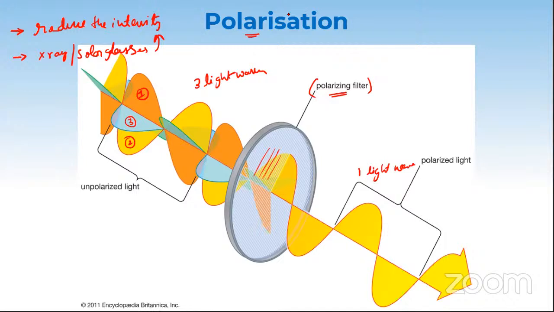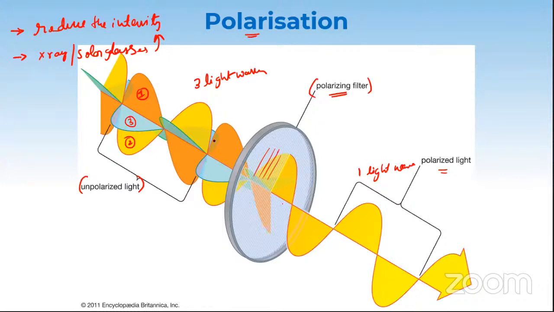So what's happening here? Initially the very bright wave, with very high energy, is reduced and has become less bright because only one light is passing through. This is called polarization, and this is a polarizer. A polarizer is an instrument which reduces the intensity of light. Let us name some of these. This is called unpolarized light, which has a lot of intensity, and there is polarized light, which has very little intensity compared to the unpolarized light.